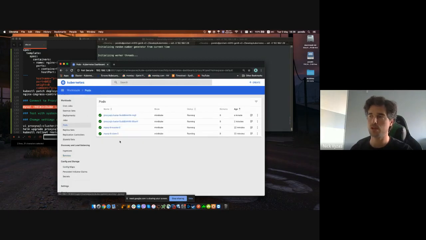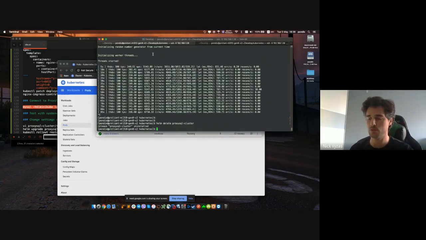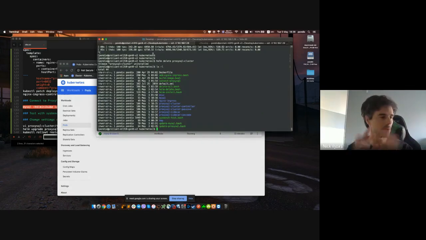The pods will be gone. Kubernetes will clean them up soon. In any case, for all intents and purposes, that has left our cluster. So now I'm going to move on to the deployment of